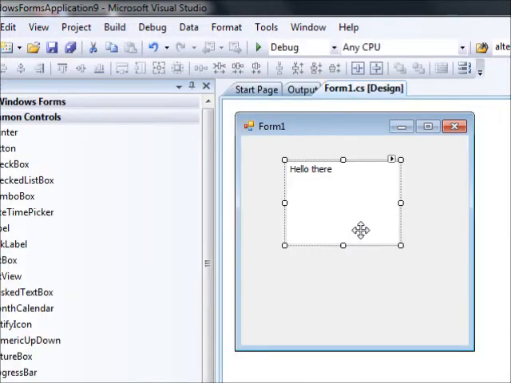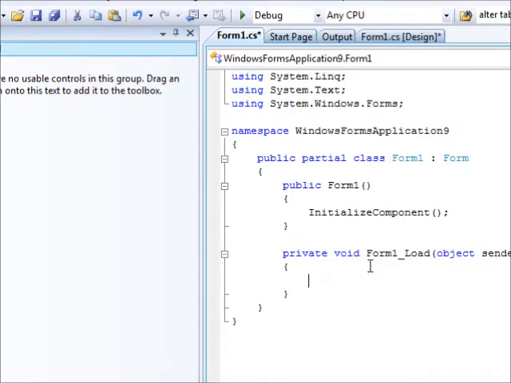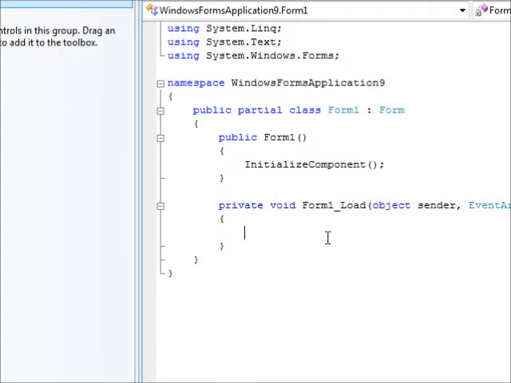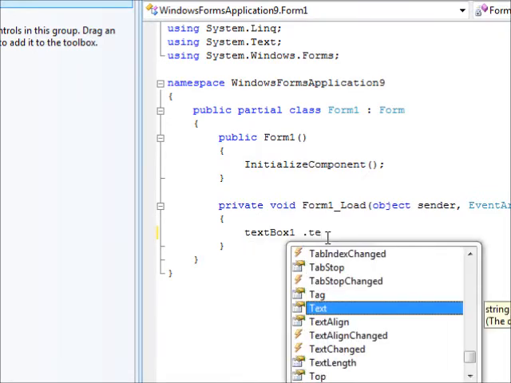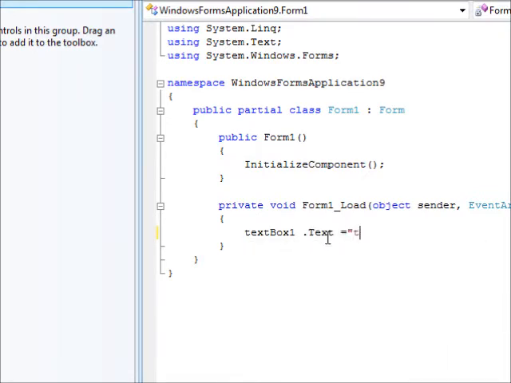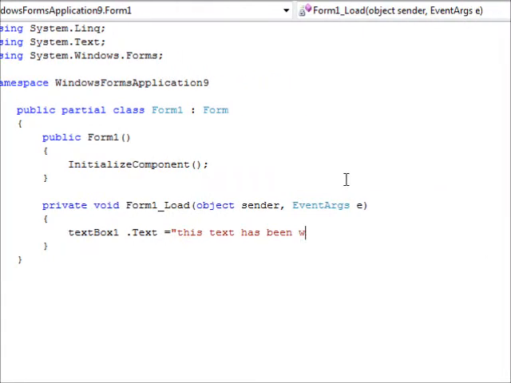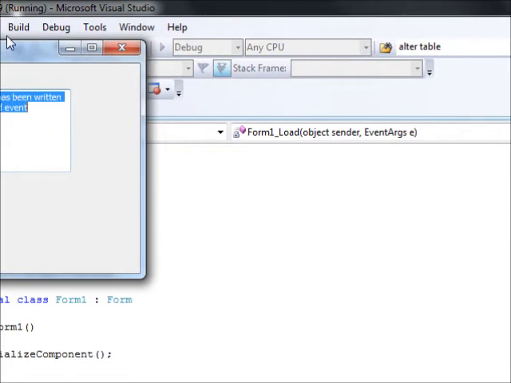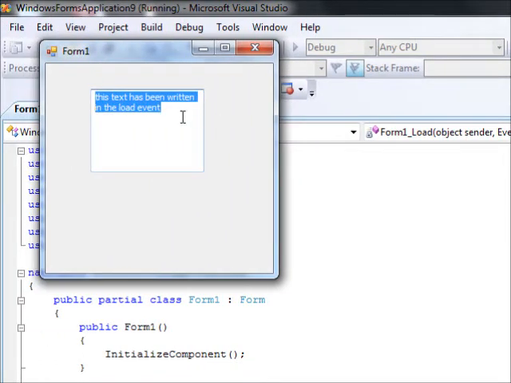The second thing is that you can double click the form, and when the form loads you can change that at runtime, like the buttons. So here we can say textbox1.Text equals this text has been written in the load event. Okay, so I'm going to run this one, and you can see this text has been written in the load